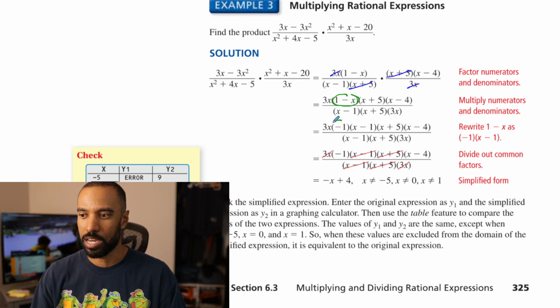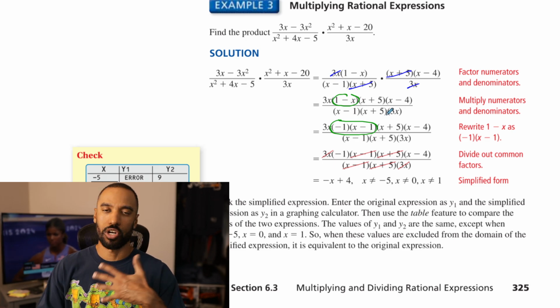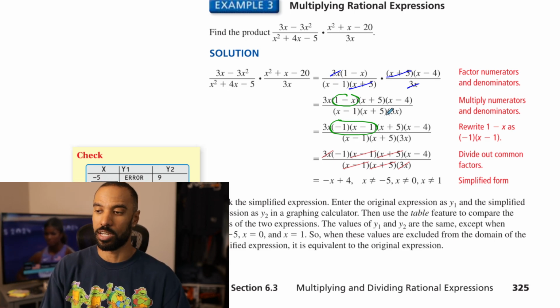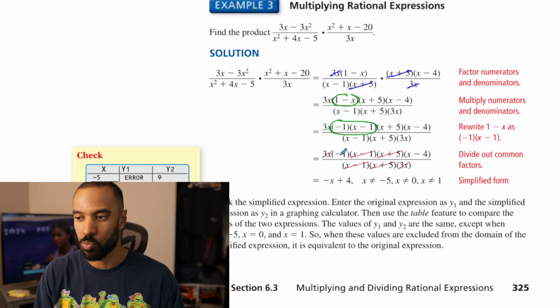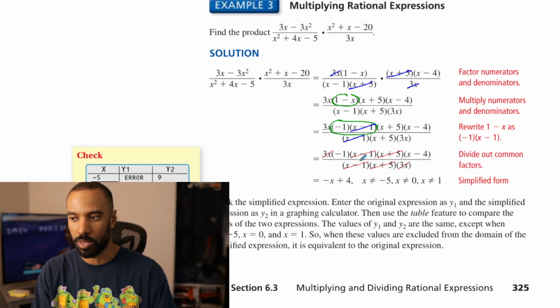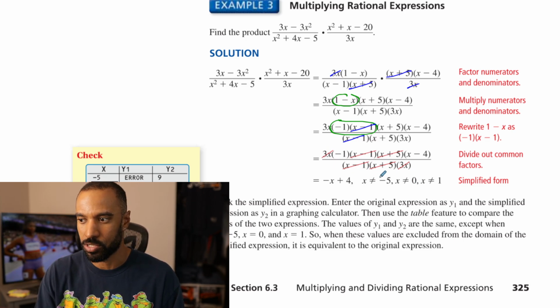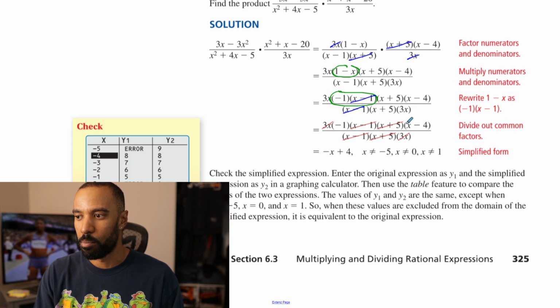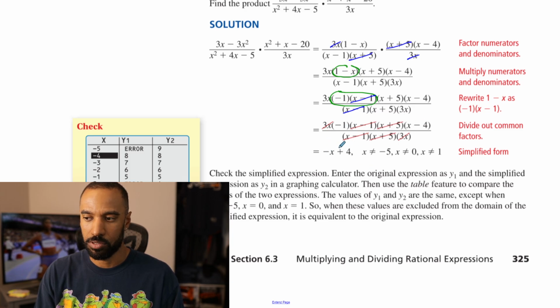And take a look right here where they have negative 1 times the quantity x minus 1. So they make their leading term, that x, which was negative. They factored a negative out, and then they have the x minus 1. So now negative exists on the outside with the x minus 1s, now canceling. You can see it down here where they cancel. They do the x plus 5s and 3x's there. And then you're left with a negative 1 multiplying by the x minus 4, and they seem to want to